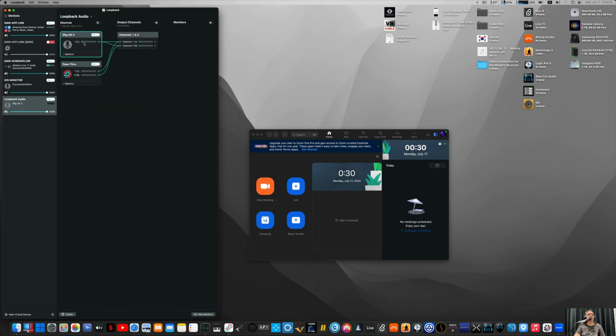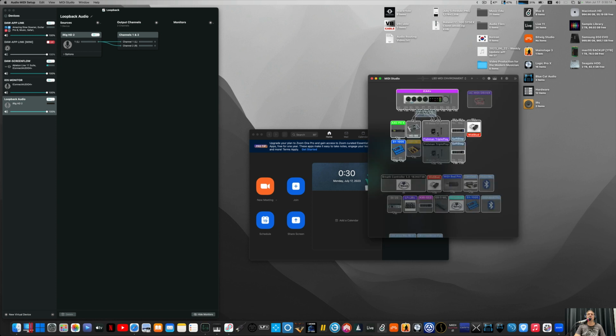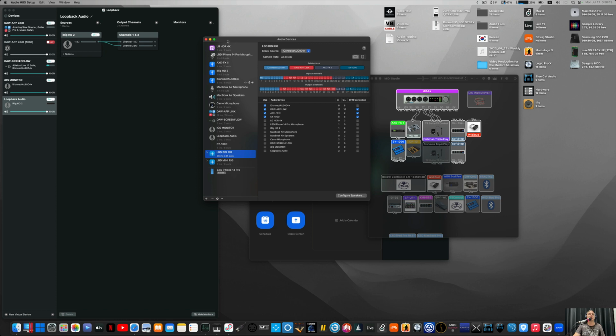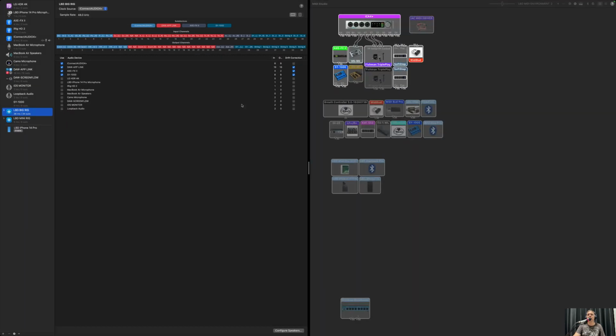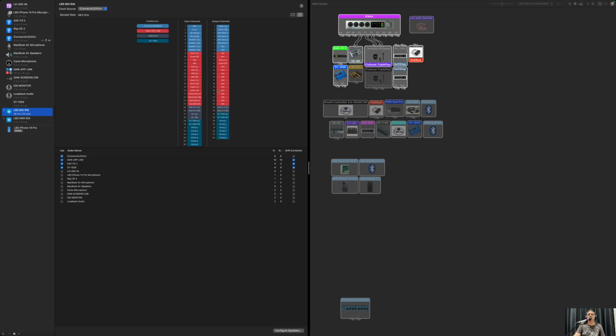Poor little iRig is a single channel device, and what that means for him is that if I create an aggregate device, let me show you Audio MIDI Setup again. This is a weird little quirk of, I'm not sure if it's a quirk of Ableton Live, or whether it's a quirk of macOS Core Audio. But if, for example, I've got my beautiful big aggregate device here and I want to add that little iRig in, I click on it